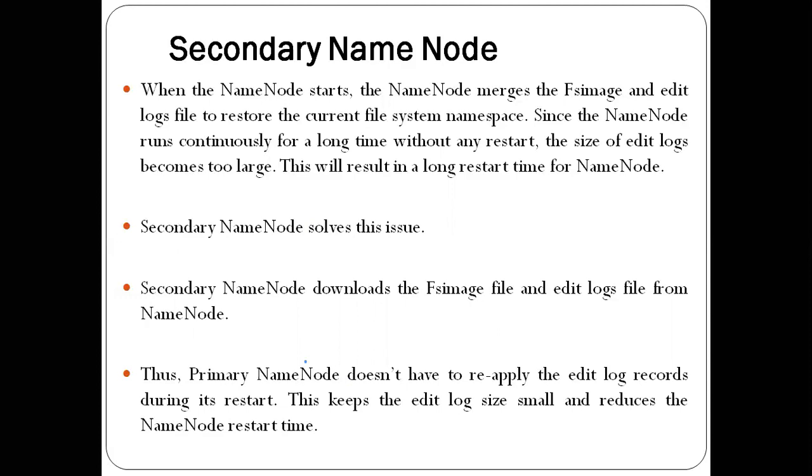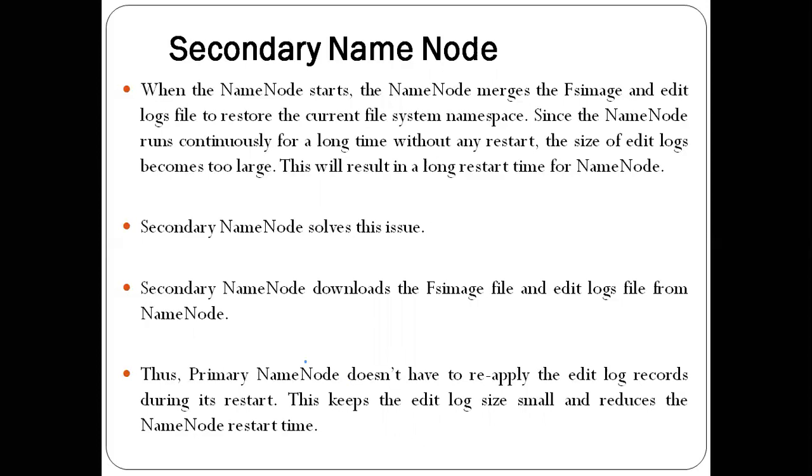Usually name node having a responsibility of maintaining the metadata of all the files. If any client request for a file, name node need to search for the particular file in different servers or computers. This is a main job of name node. But when the name node starts, it takes too much time to club this edit log and fs image file. So this clubbing of fs image and edit log is given to another block. We actually call it as secondary name node.